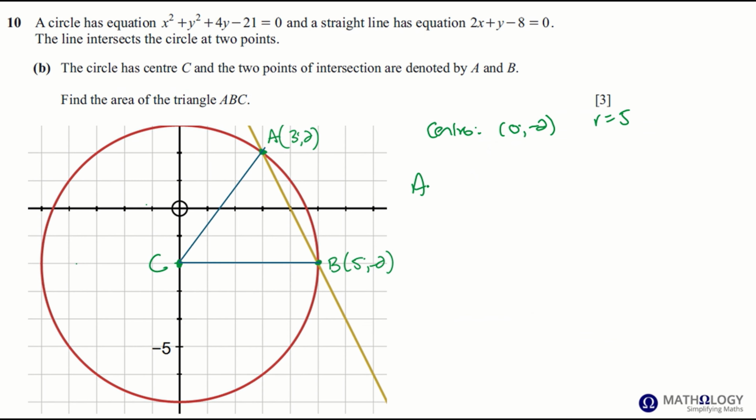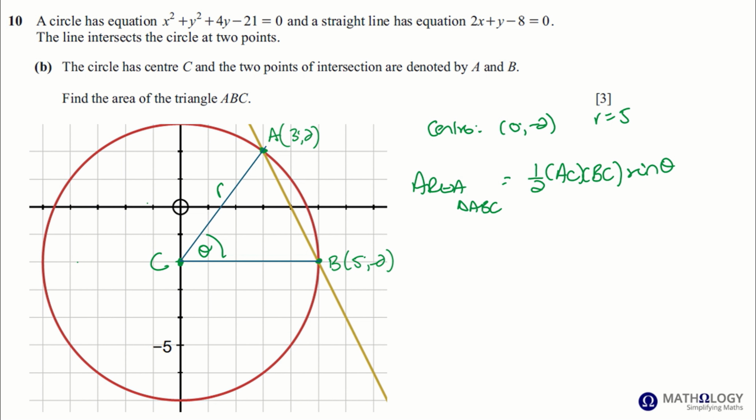Area of triangle ABC using the area rule will be a half AC times the length of BC. Just call this angle here theta, sine theta. Now, to find the area of triangle ABC, we're first going to need to determine the size of theta. So to do that, we're going to use the cos rule because we have got the coordinates of A